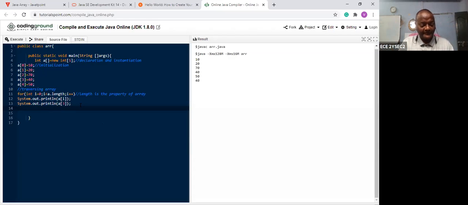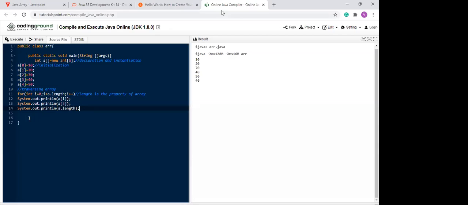For this purpose, System dot out dot println, and the array name, A dot length. Right. So can anybody respond? What is the size of the array? 5. Okay, I can check.